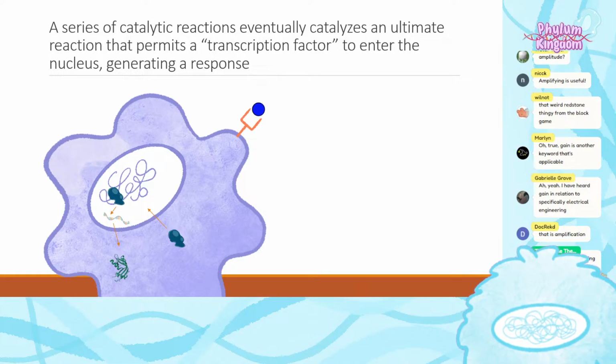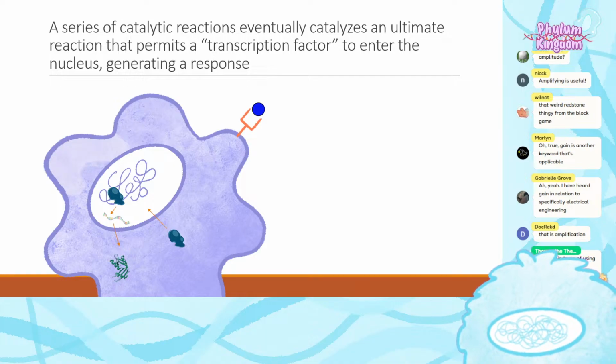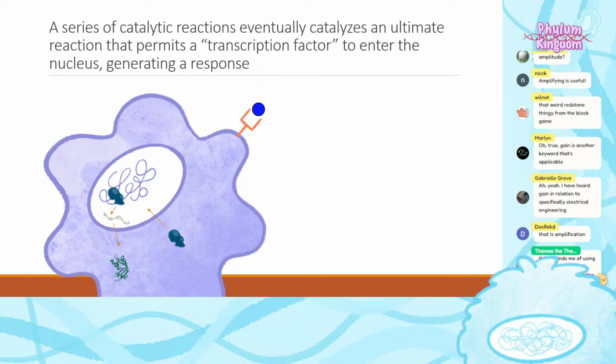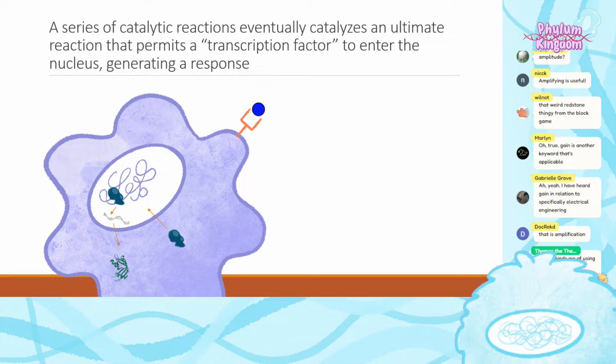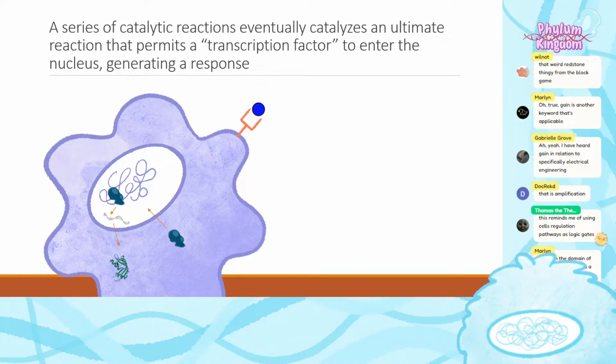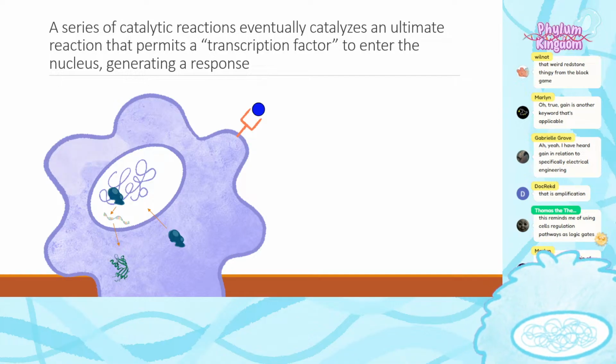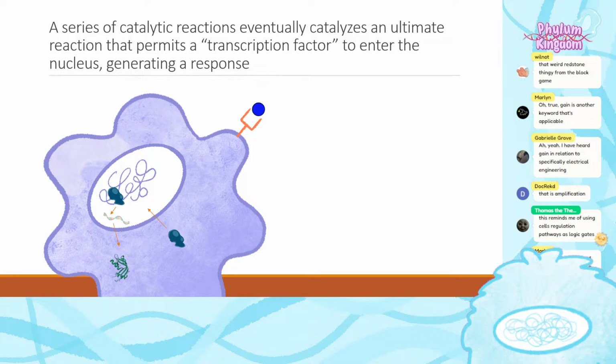This reminds me of using cell regulation pathways as logic gates. Yeah, again, I'm okay with certain techy simplifications of the cell, and I think thinking of cells as logic gates is perfectly okay. They are capable of doing some very intense computation, which makes sense, right? Cells have to be insane computers to support life, because life is a series of very complicated inputs, and to be able to respond to that in an intelligent way, it's no wonder the cell is so beautiful and so complicated. You have no amplification with logic gates.